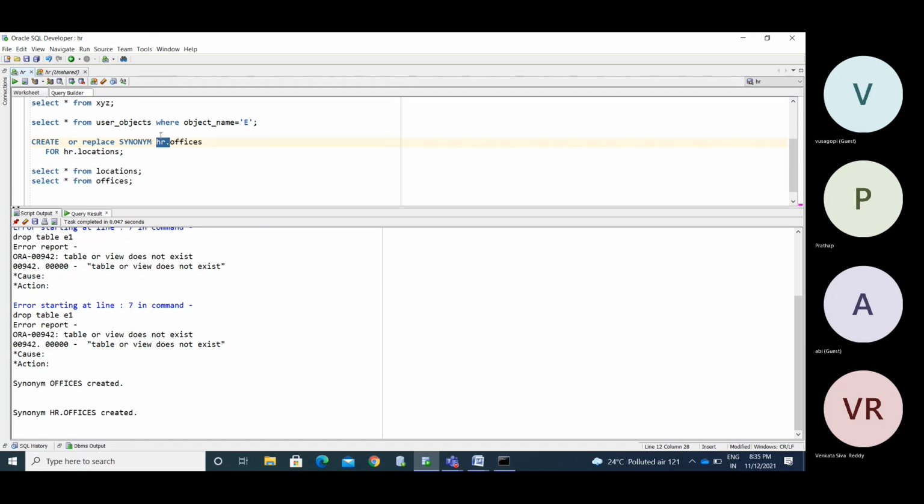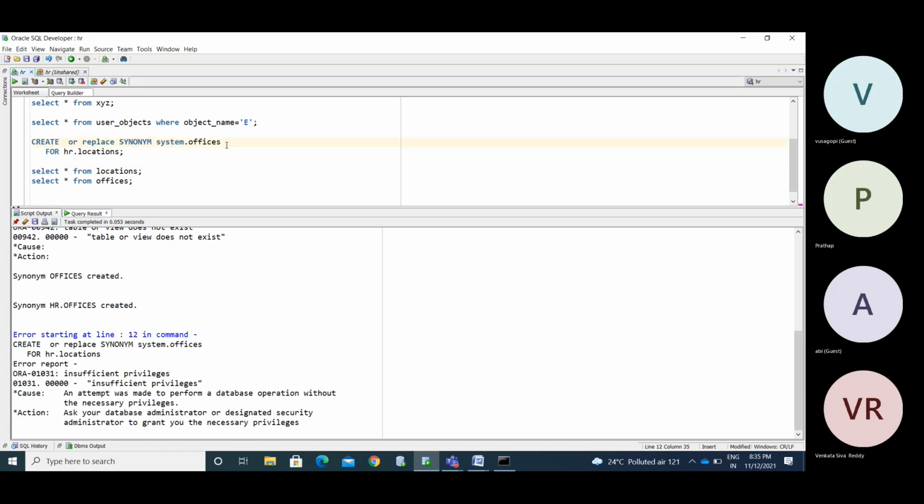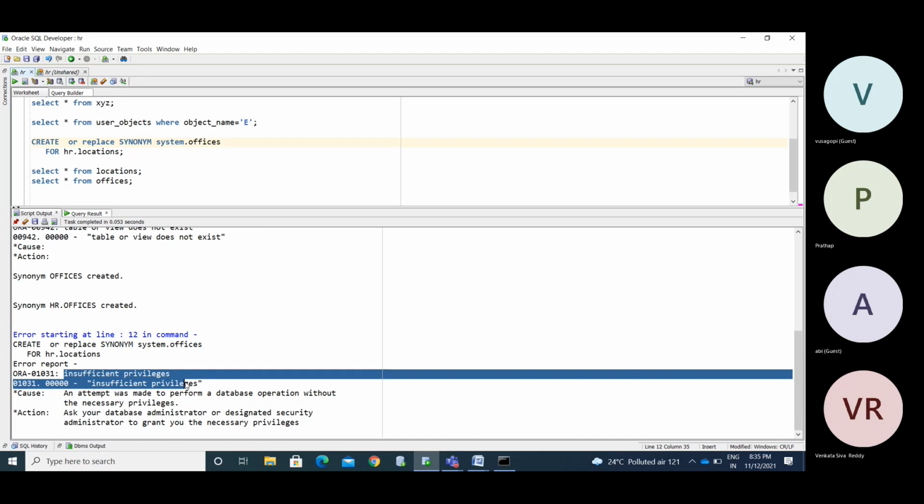Okay, now I'm going to create it in the system user. Now I'm trying to create the object there. What is it showing? Insufficient privileges. You don't have the grant for that.